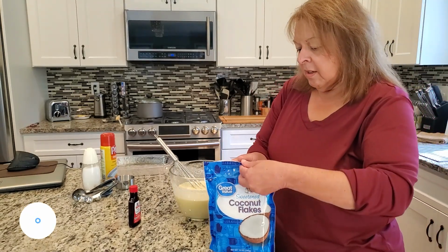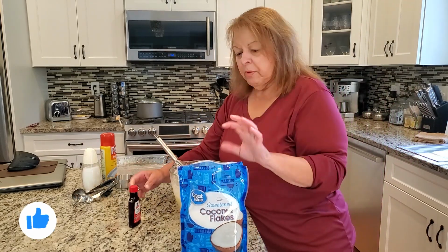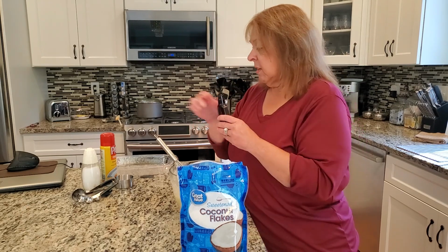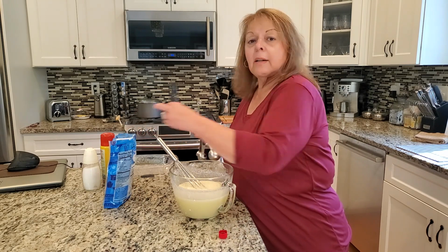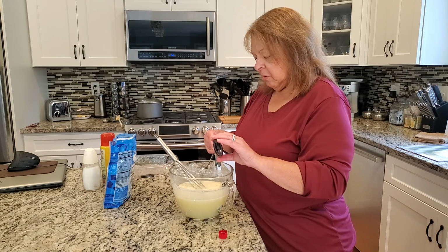In fact, it's going to be about half a cup. Now, before I add the coconut flakes, though, I'm going to show you. This does not take much vanilla. It really doesn't need it because of the sweetened condensed milk. But I do like the essence of vanilla. So this is